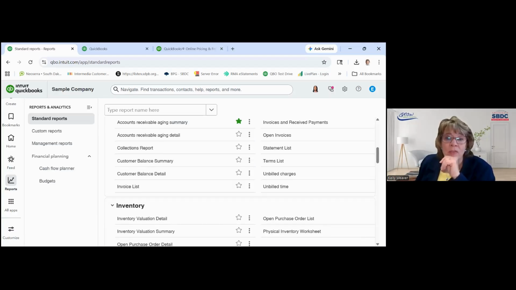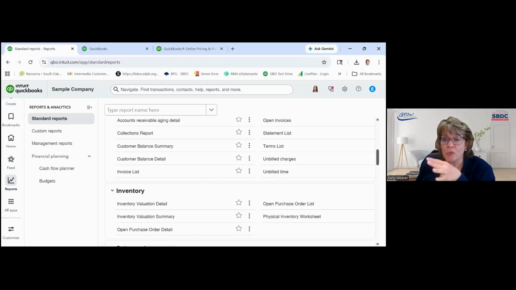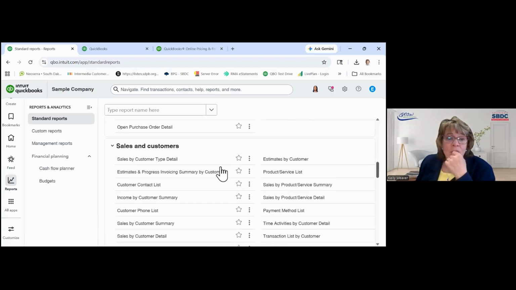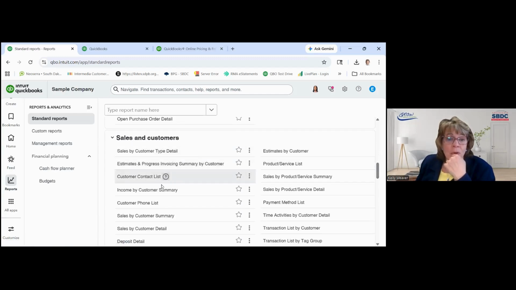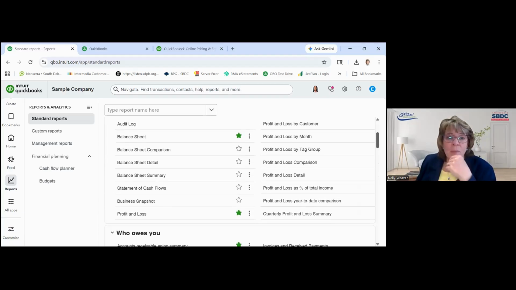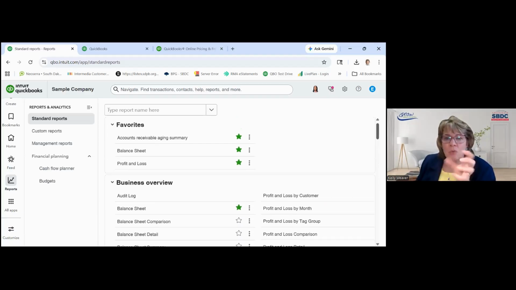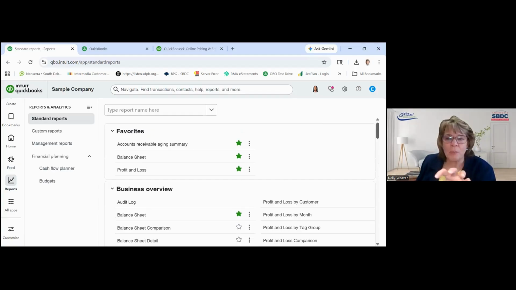Or if you do an open invoices report, again, you might want to filter that by days. If you want to do a sales by customer report, maybe you want to just look at the customers that had over $1,000 of sales with you during a certain period. You can filter out all the others. So there are ways to look at the data in a more precise way with any report, and how you customize or filter that report will depend on the report.